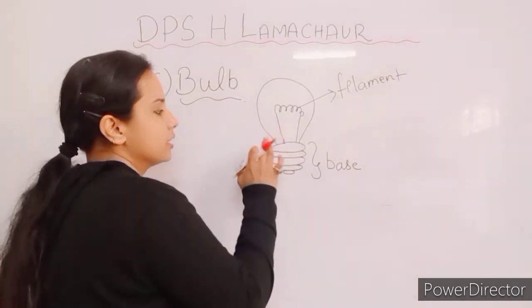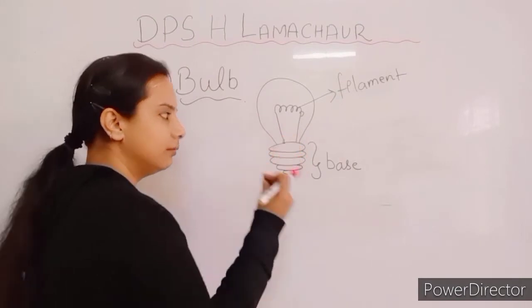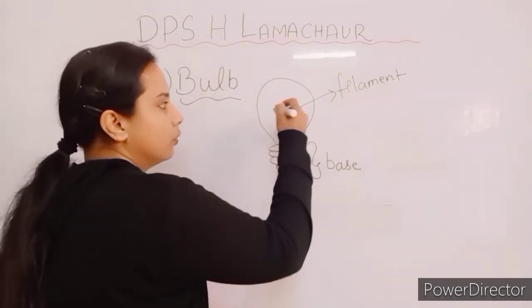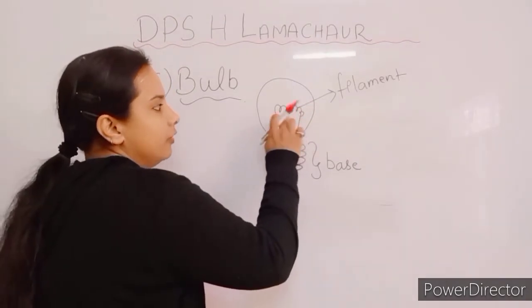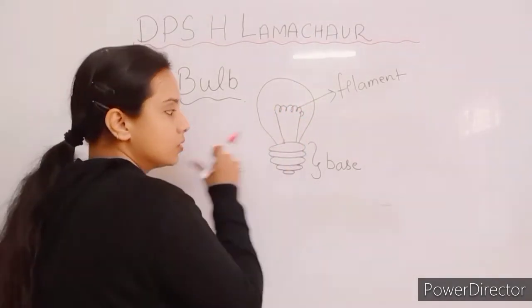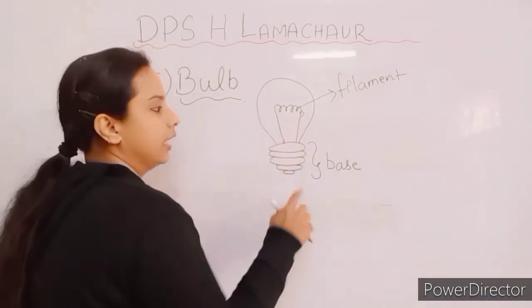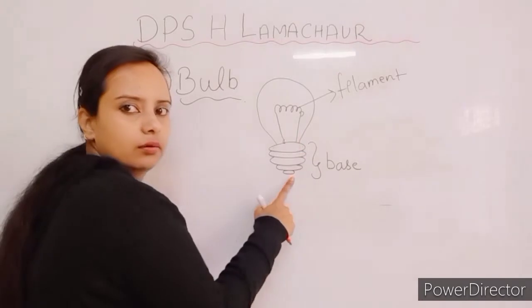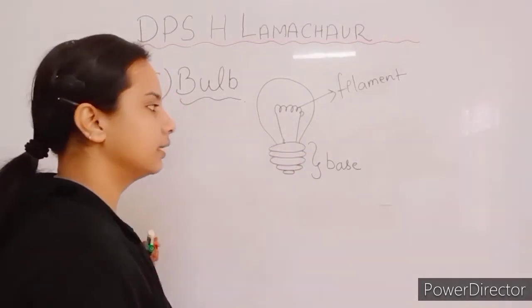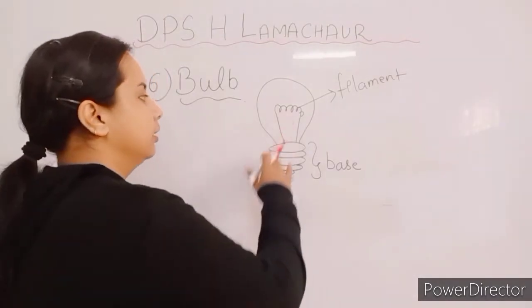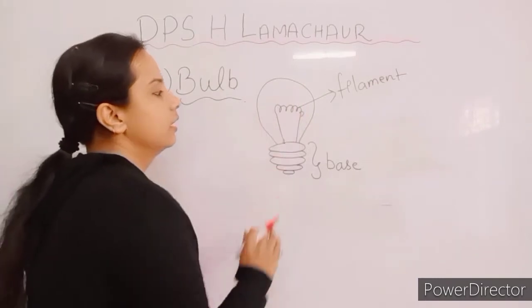There is a thick metallic wire which holds up this filament. So one wire is attached at one terminal, and the second wire at the bottom of it. This is how the circuit is complete, and the current flows through this